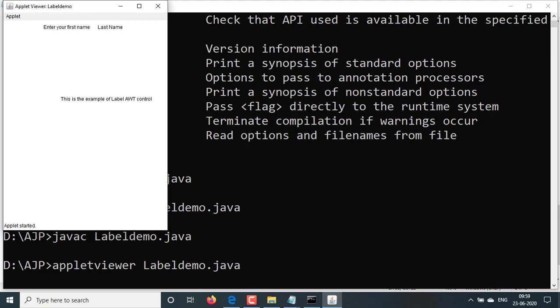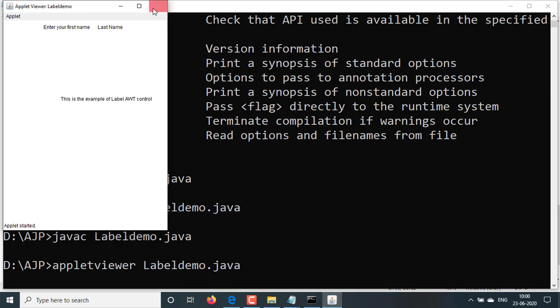For the second constructor we have created the label control, and for the last name label control we used the first version of the constructor of the Label class, the default constructor or zero parameterized constructor. After that we have set the text for that label by using the setText method. Like this you can perform the label implementation in AWT. Next we are going to see another control. Did you get this?